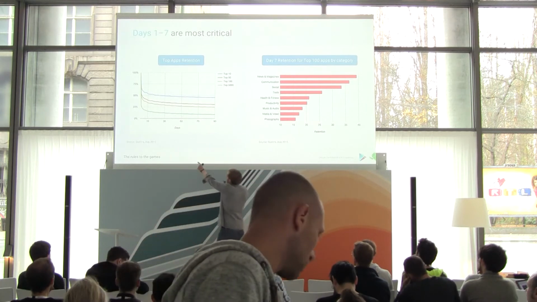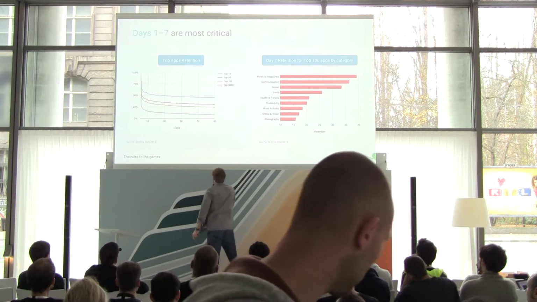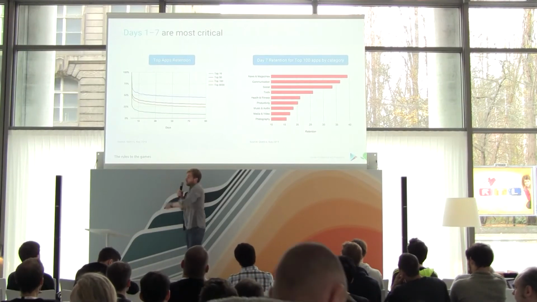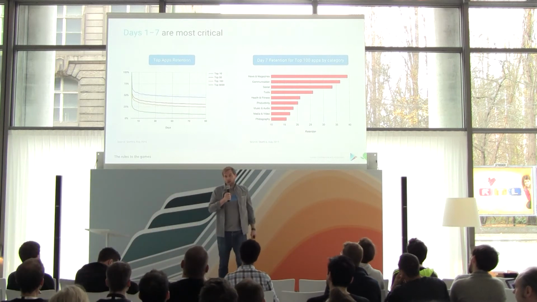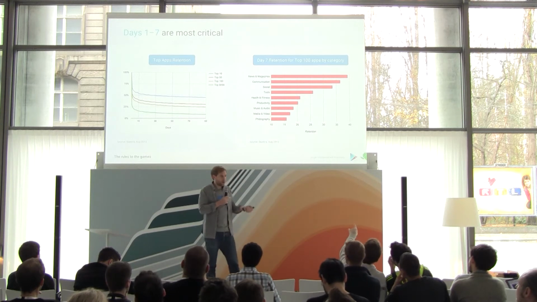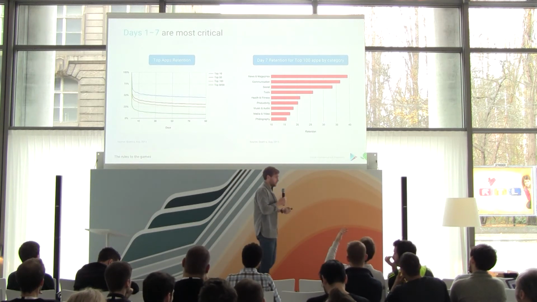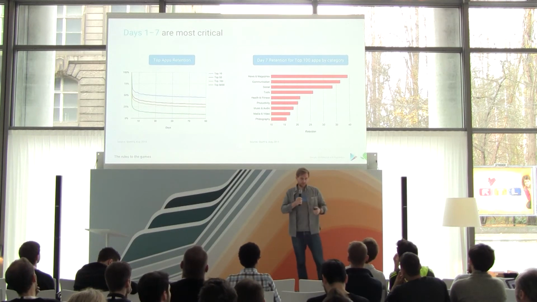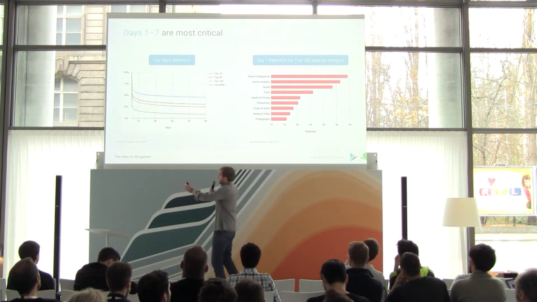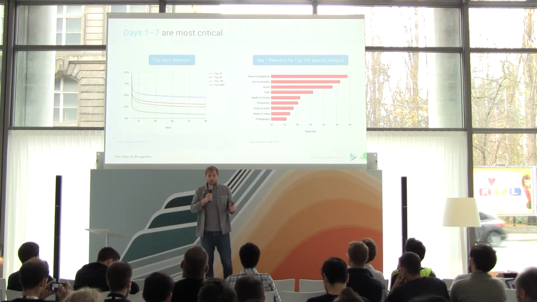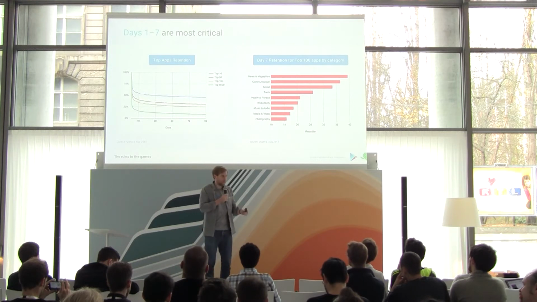This you have seen before, the retention. What's interesting is that it tends to be all about the first 7 days. So in the first 7 days after a user downloads the app, they figure out if it's relevant to them, if they like it, if they want to continue using it, and either they don't come back, or they come back. And usually when they come back, they stay. You see that from how the curve flattens out, right? So you really want to make sure that you get these first 7 days right.